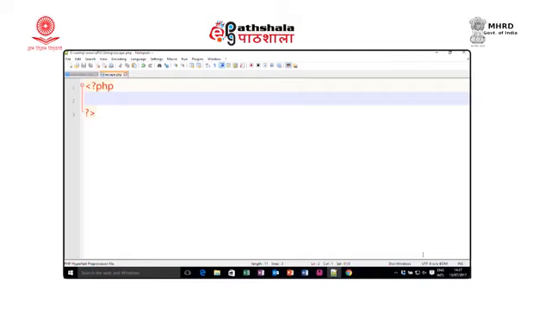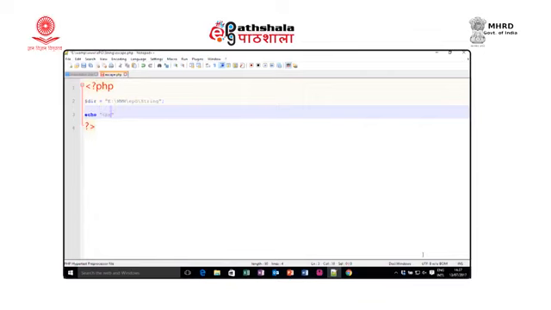Say, for example, I want to display, let me write $dir is equal to, say, I can write e-drive slash www slash epg slash, let us say that the folder name is string, and I can write echo br dir is $dir. So, it will work.